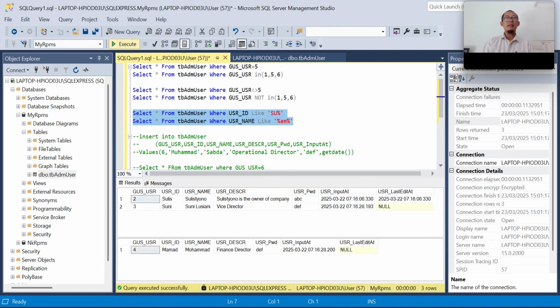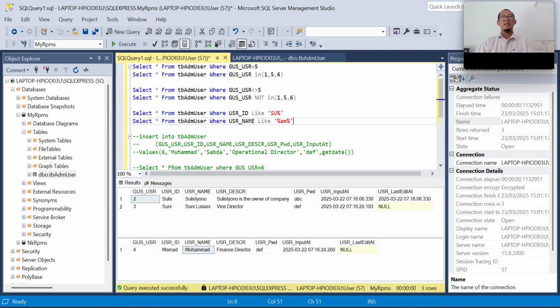There is only one user with a username like AM in the middle. Percentage here means any character. So if we write USR like SU percentage, it means SU followed by any character. And percentage AM percentage means any character, AM, and any character.